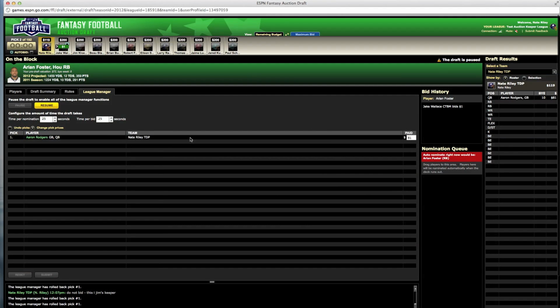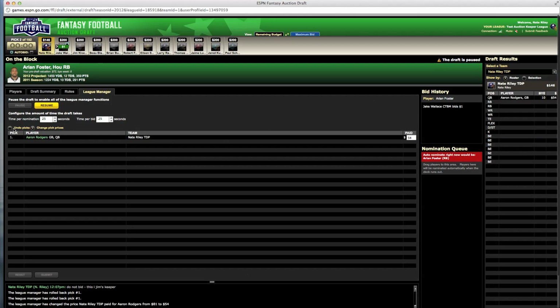What ESPN allows me to do is change the value paid during the draft to $54. However, it does not then allow me to reassign the player to the new team. As you can see, I spent the $81 on him, $119. If I hit submit on this, my bid amount goes down to 54. My budget increases now to 146 to reflect the amount that I've saved. However, I am not the team exercising keeper rights on Aaron Rodgers, so this doesn't do us any good.